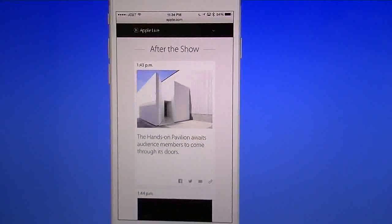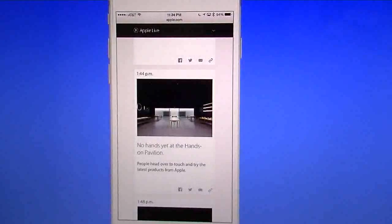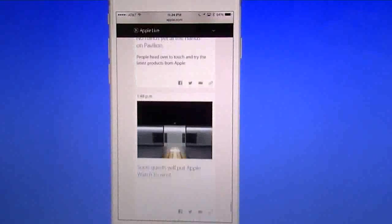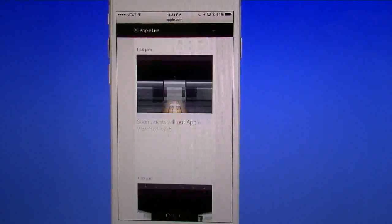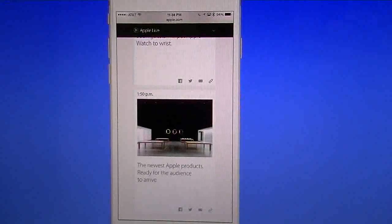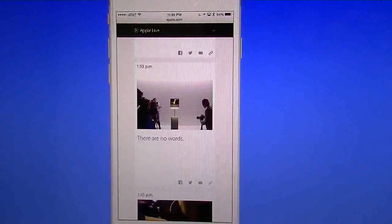And then they have this new hands-on pavilion, which they built for the show. And that's where they're showing off a lot of the Apple Watches. And so basically that's where they're going to do all the hands-on. People can actually try it out, or at least the ones in the audience. And you can see here where they're going to advertise it, putting it on the wrist and all that. And so they're talking about it, ready for the audiences to arrive. And so this is pretty much the people that were there, the audience members,